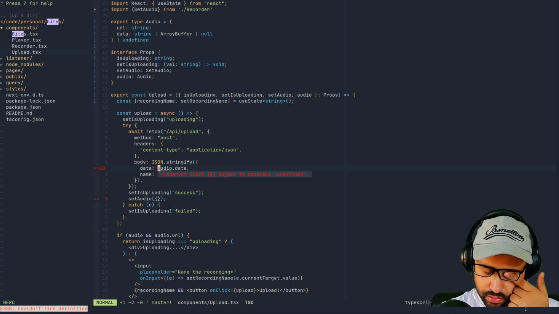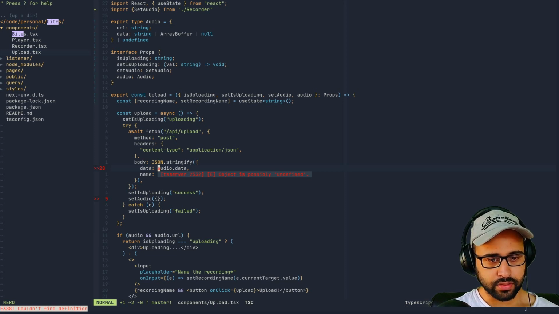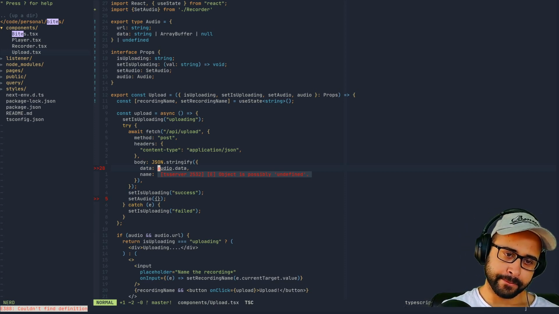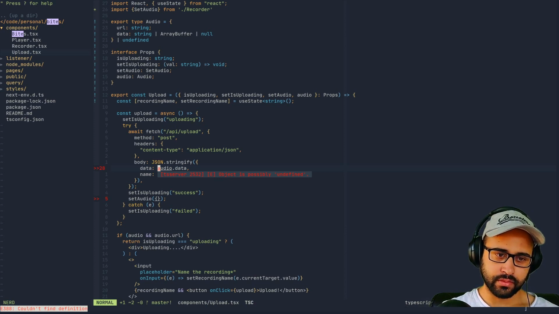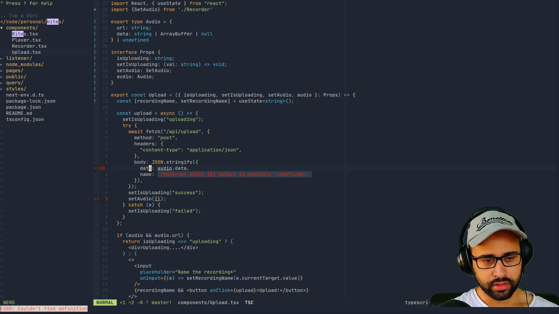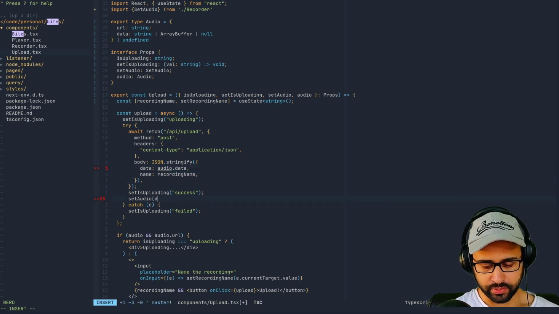Yeah, so object is possibly undefined, so yeah, at this stage, how do we make sure that, okay, let me come back to this, just review how the UI has been set up.